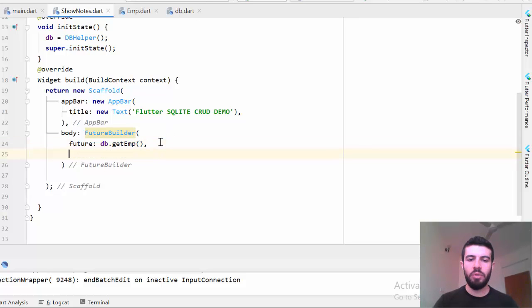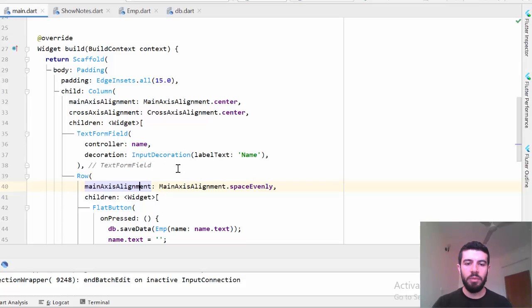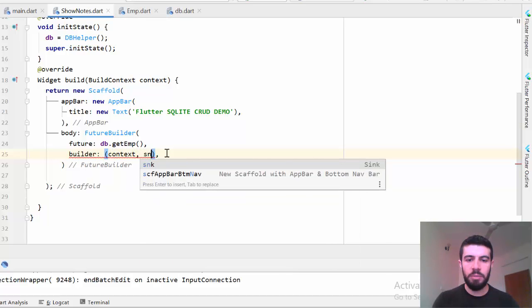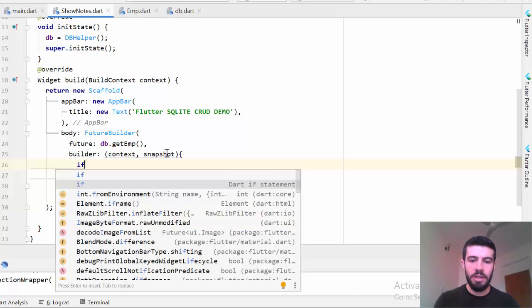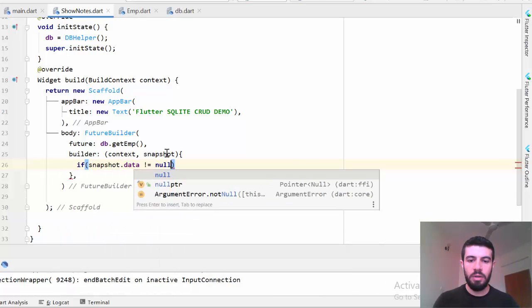And then I have builder. I want to get the data from database here and build a widget depending on this data. I explained that before. So just now we have builder. The builder will be a context and snapshot. That means this data that come from the future. So I can add here, if snapshot dot data null,